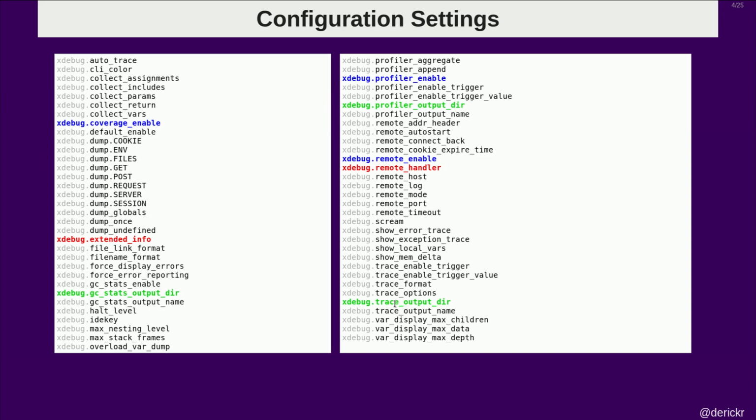There's also a few that make no sense whatsoever. There's the remote handler one. It allows you to change which protocol Xdebug uses to talk to IDEs. There is only one, so why is it there? Another one, extended info. Why is it there? It's actually no longer there because I just deleted that early last week. But what it did was signal to the PHP runtime to add extra instructions so that Xdebug can break on these instructions. You always need that if the debugger is enabled, so it's now just always enabled when you use the debugger,